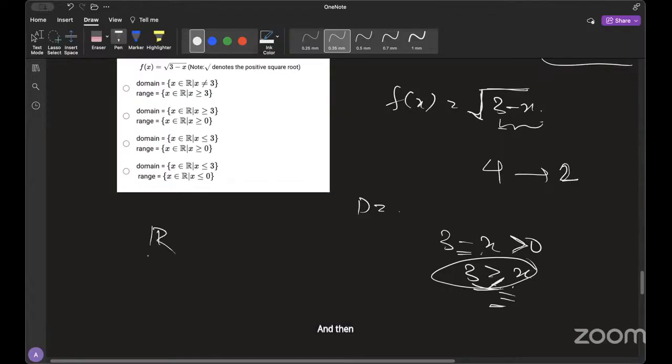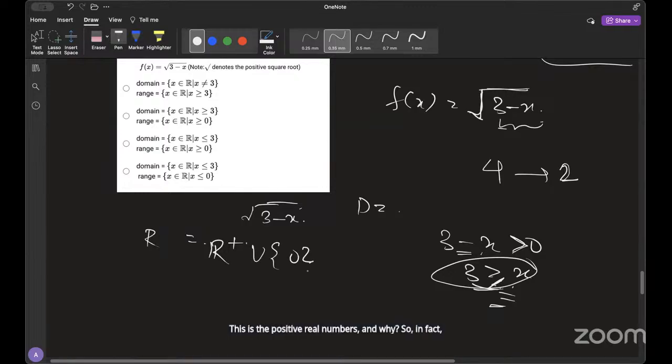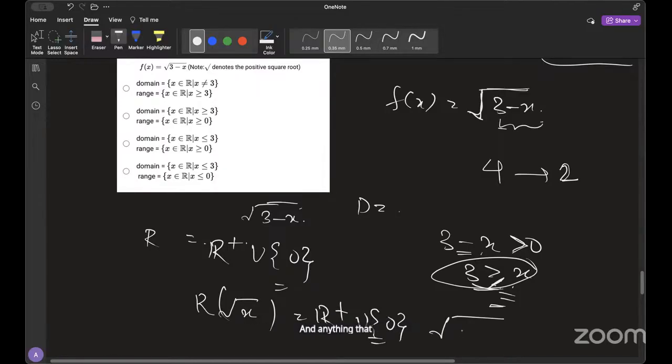And then in the range part, you need the range for root 3 minus x. And range, you denote by R. Actually, this is the positive real numbers, in fact, positive real numbers including 0. If you put a 3 here, you'll get a 0. And why so? Because let's start with this thing. The range of this function is positive real numbers including 0. And anything that you have in square root, let's just say,